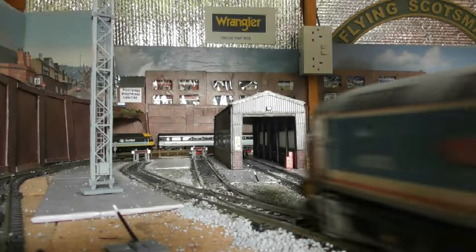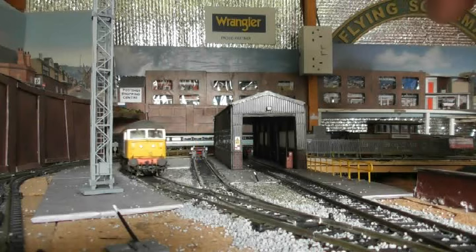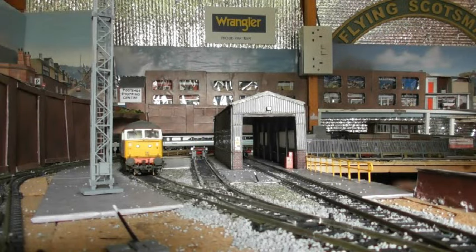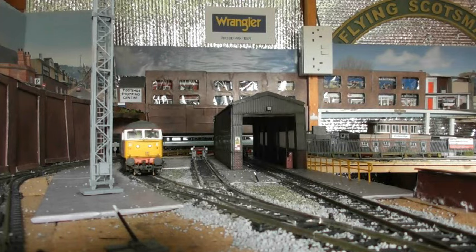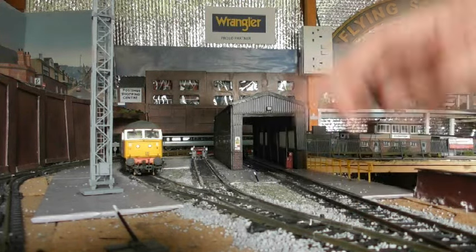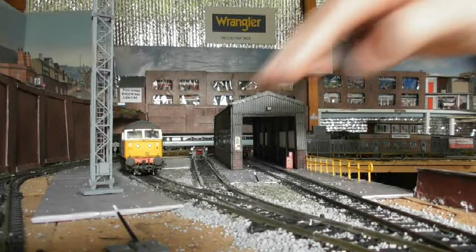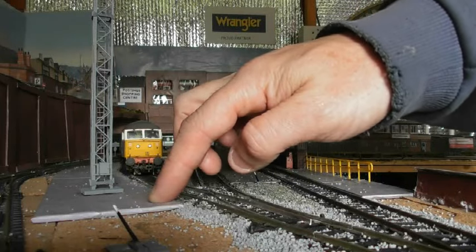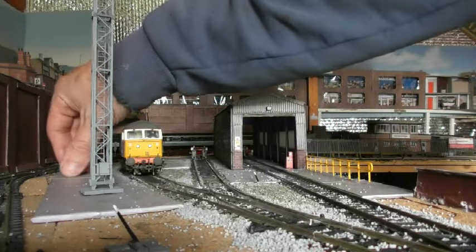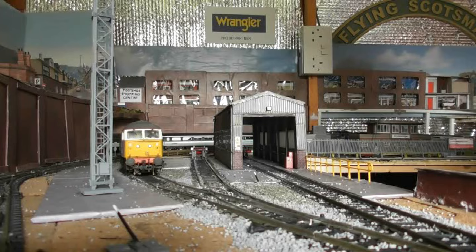As I say, I know it's going to stop on this point. Too much power there, so that's really going to be a track cleaning job, but there we go. We've got 47573 in there, and as I say, I've got the track grime drying here. I haven't actually gone and experimented on a scrap piece of concrete sheet to see how it will turn out dry brushing. I'm going to do that at another point, but I think what I will do is I'll get